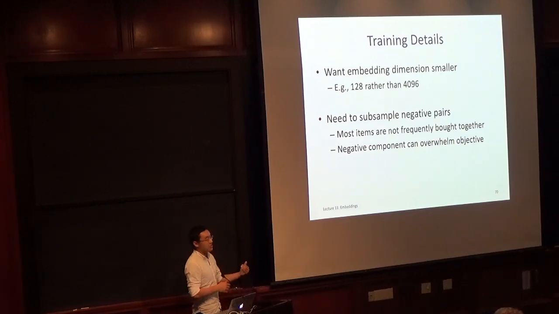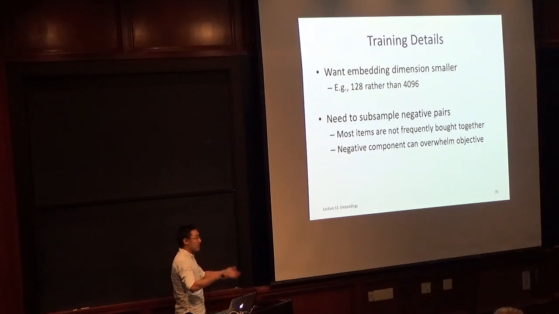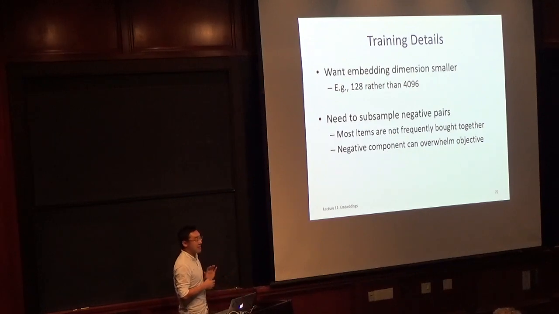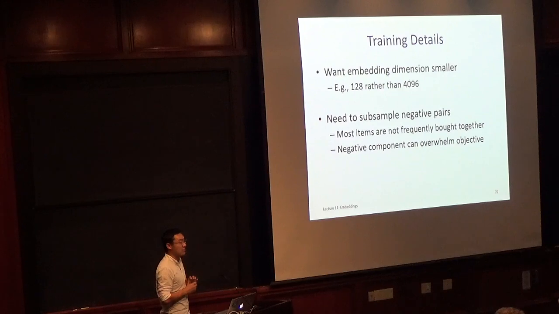And so there's a procedure to just subsample random pairs of items and pretend that they're incompatible, and that's what they do. And this is a very common thing that happens in many aspects of this type of embedding learning within machine learning. So for example,